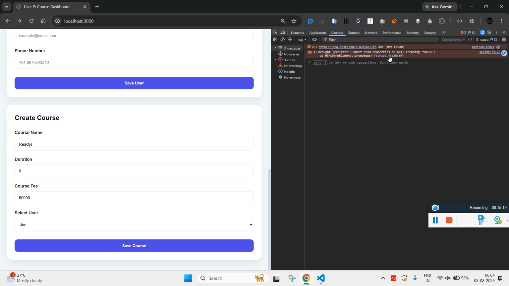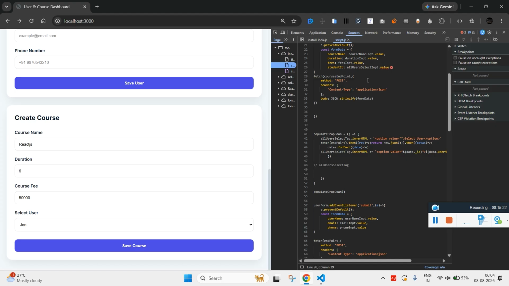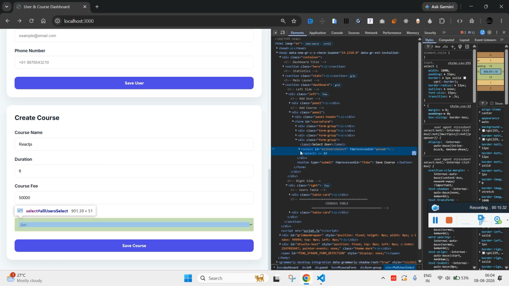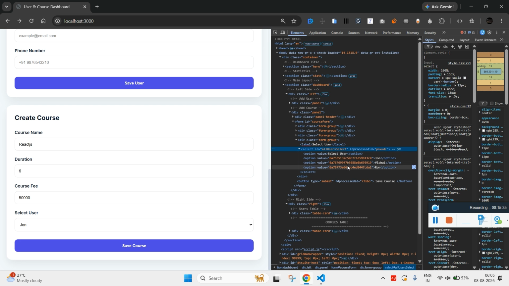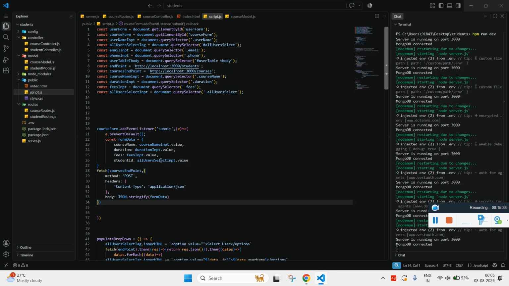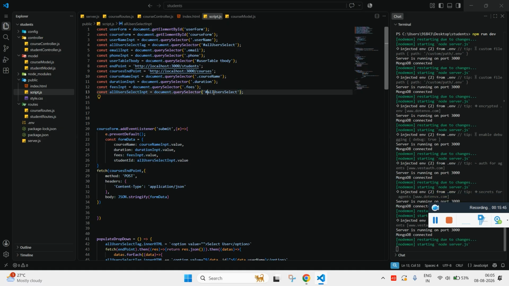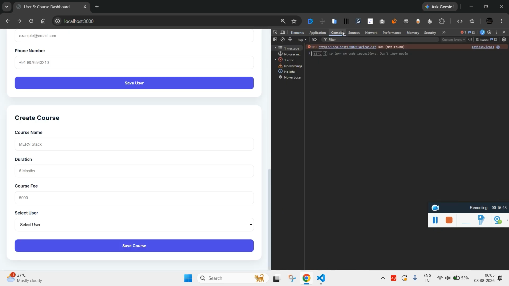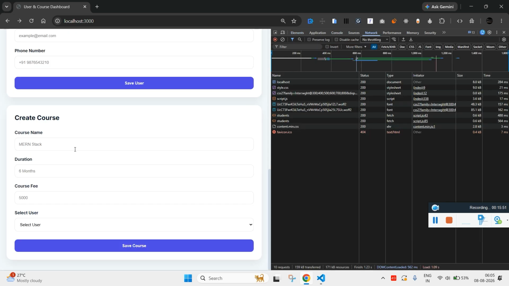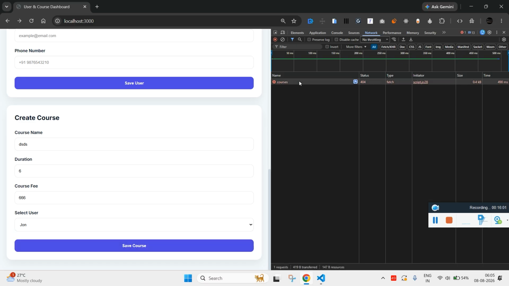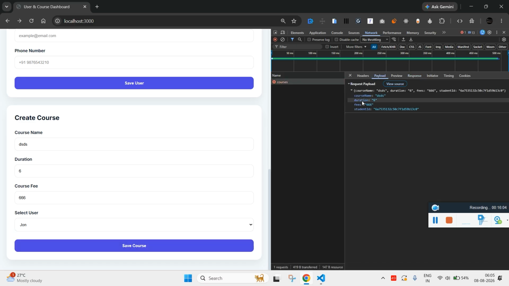It says cannot read properties of value of what. Okay, so this student ID value is not able to fetch. So we are passing the ID properly. Actually it's ID, not a class. That's the only mistake. Network, some random value, doesn't matter for now, because we are just sending the request, it won't get saved. And you see, we are able to send the request with all the data, course name, duration, fees, and